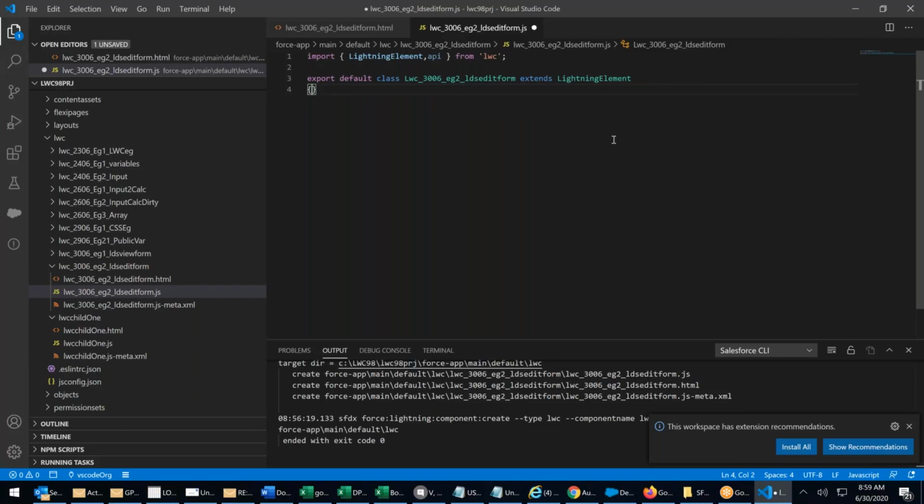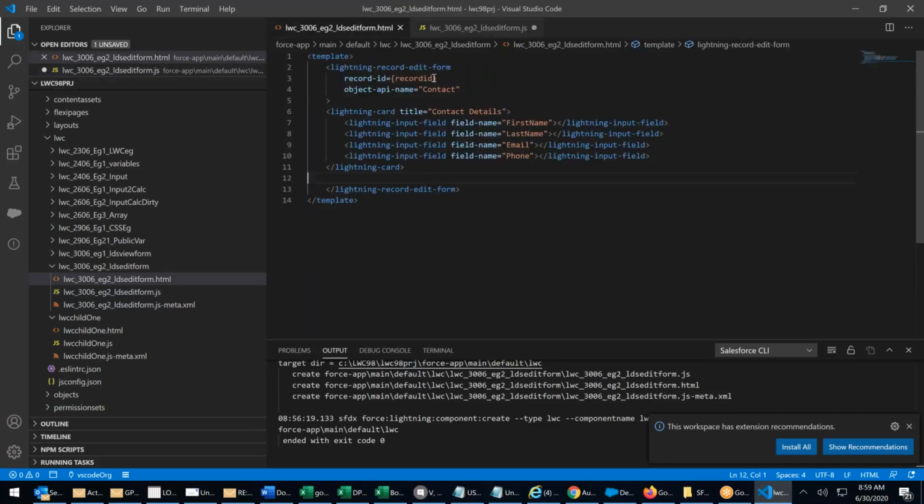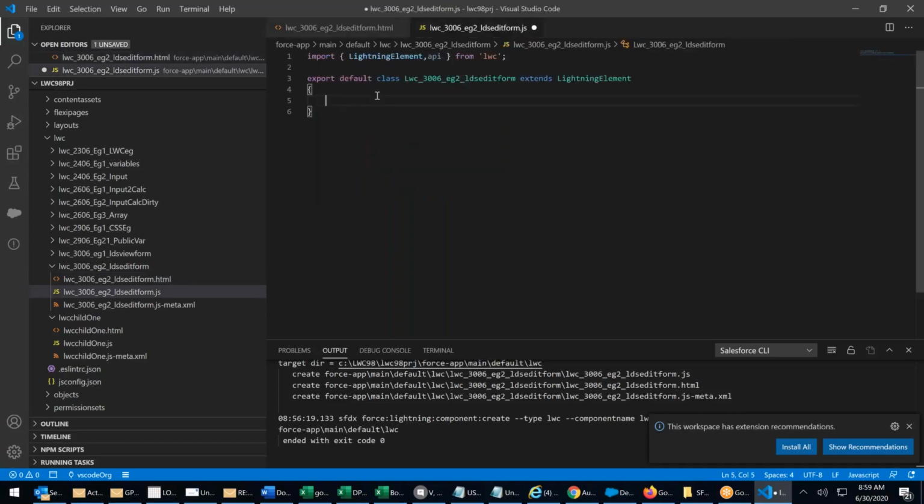Public variable. Why am I declaring it public? Because I will take this variable from where? As soon as I deploy this in contact, the system should open, and the record ID should be taken from there. Strictly, the I in Id is capital, guys. Remember this. In contact, I made it a small i, but actually it is capital. I will say @API recordId